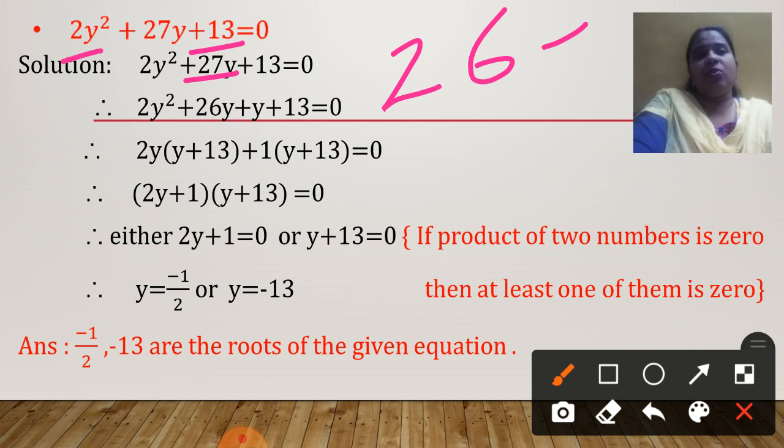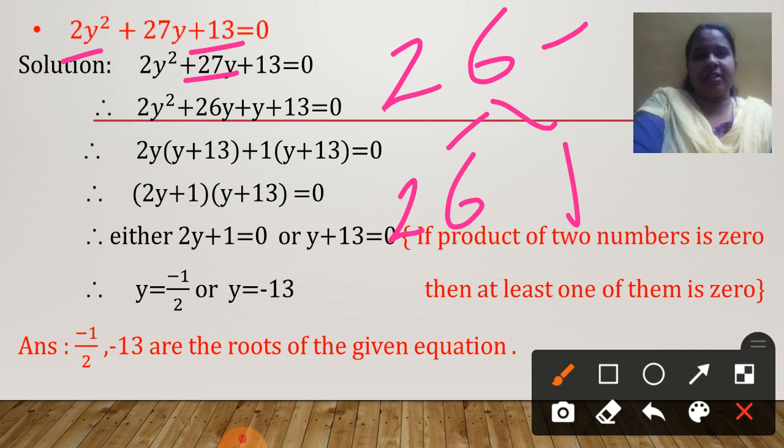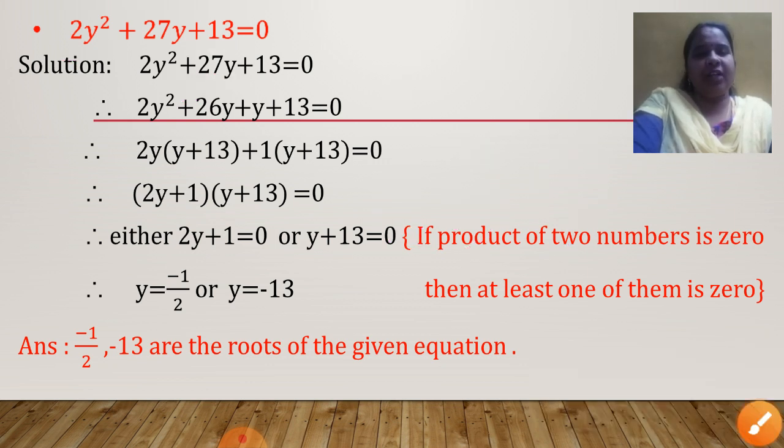Okay. What is the rule? If the product is a number and sum is consecutive, the next number, always the two roots will be the number itself and 1. Okay. Again I am repeating this rule. If the product is a number, see 26, and sum is the consecutive number, immediately the next number 27, then the rule is always the factors will be that number itself and 1. Okay. So I have given you the two factors. Write the steps accordingly and get the answer.